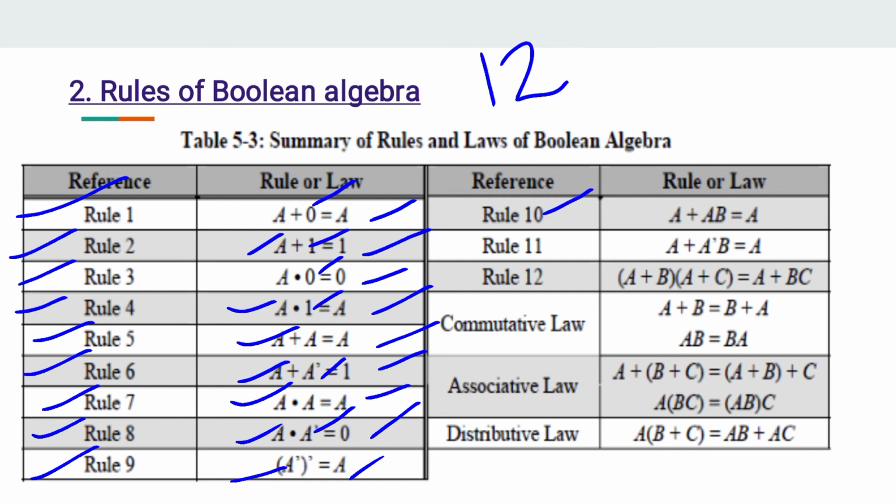When we add the variable with the AND of the variable and another variable, we will get A. Rule number 11. When we have addition of a variable with the complement and a variable with the OR, then we will get our same variable. So like this, at the last we are having rule number 12. So that is grouping of the variables, which we get in a content manner of A plus B, C. So these are the total 12 rules. You can go by proving all these things.